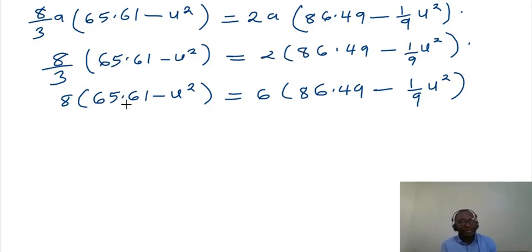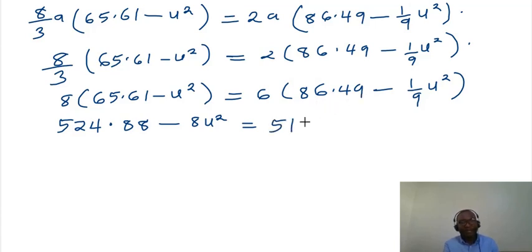So 8 times 65.61 gives us 524.88 minus 8u squared. This should be giving us 6 times 86.49 gives us 518.94 minus 6 over 9 u squared. Okay, now collecting like terms, we shall have